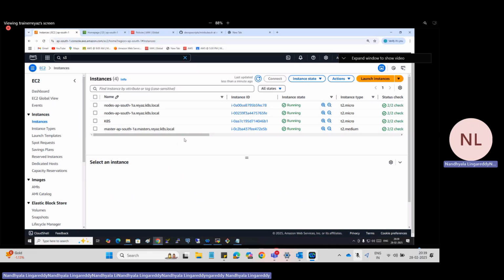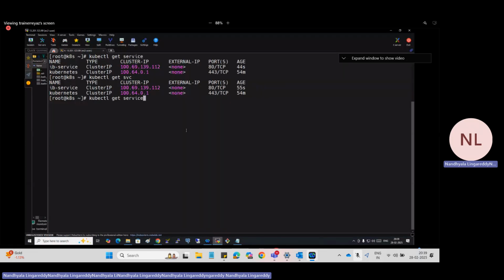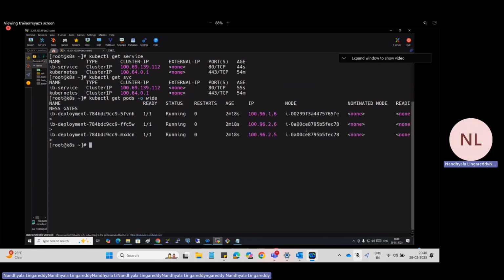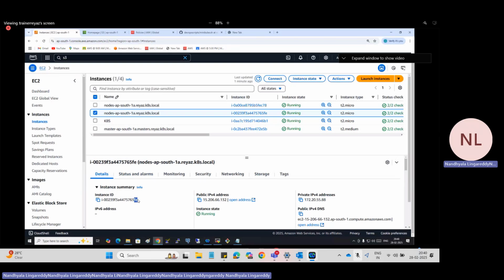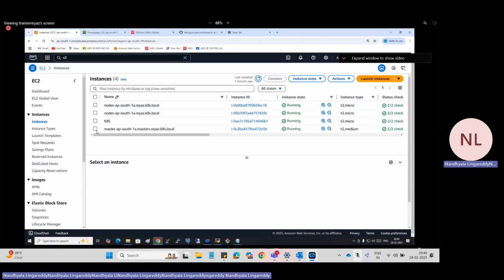See, what's the command? Get pods -o wide, right. And it is on the node ending in 78. This node. Is it on the master node?